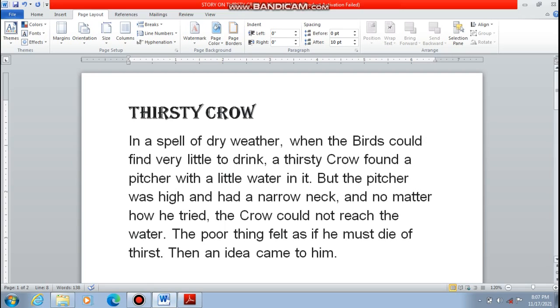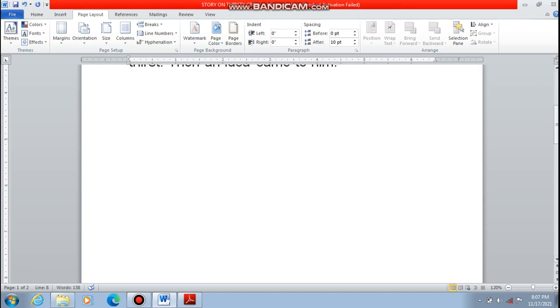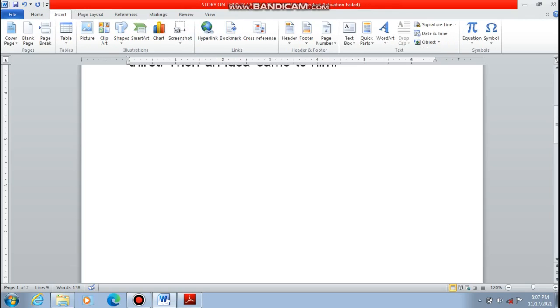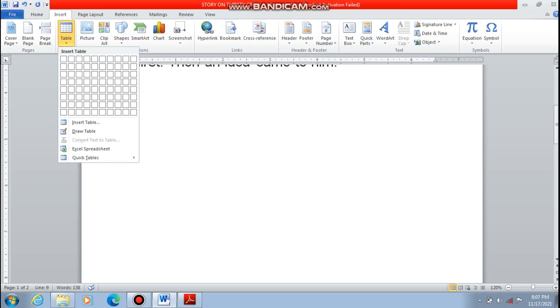First of all, for creating a table, select the location you want. Now the insertion point is blinking here, so our table will be created here. Wherever the insertion point is, only there can you create a table. First of all you need to go to the insert option. We are going to insert a table by using insert. Then you can see the option that is table. Go to this and select the number of rows and columns you want.